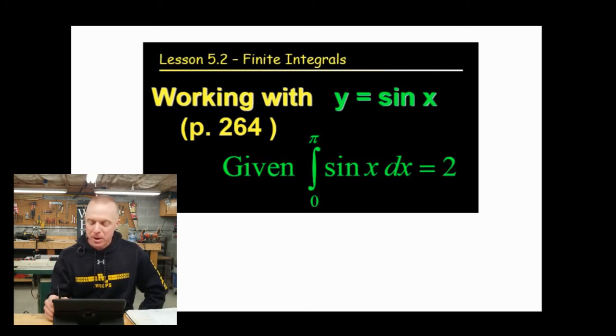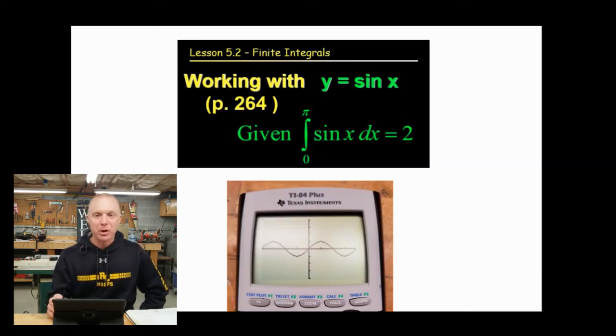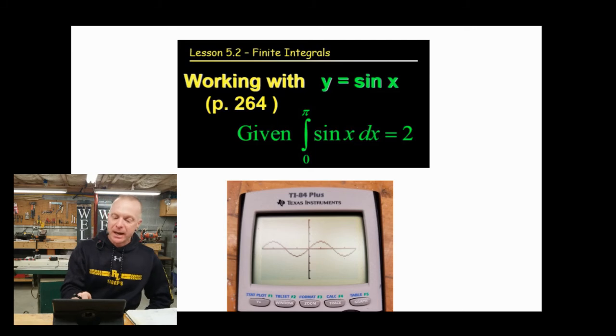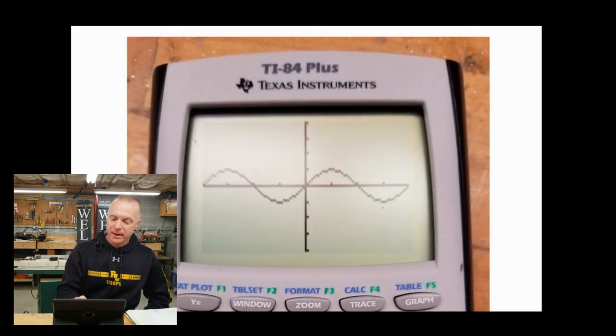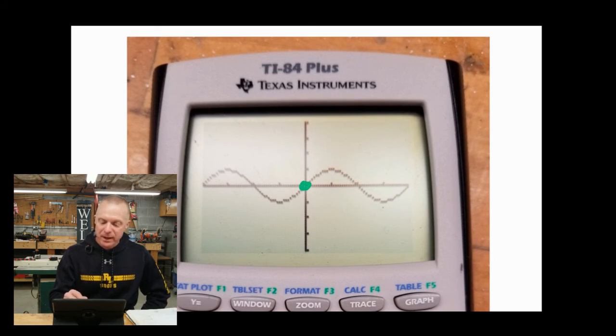It does show you in the book, but it can be helpful to see it on your own calculator or take a look at mine. I brought it along. Here's the sine of x. It is that common graph. But now that we're in calculus, we're going to be noticing some new things about this graph, specifically from 0 to pi. We're going to notice that this area, that is this area under one bump, is actually